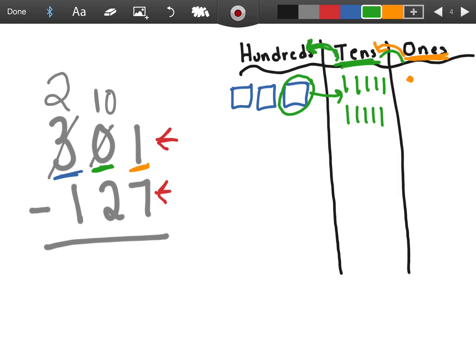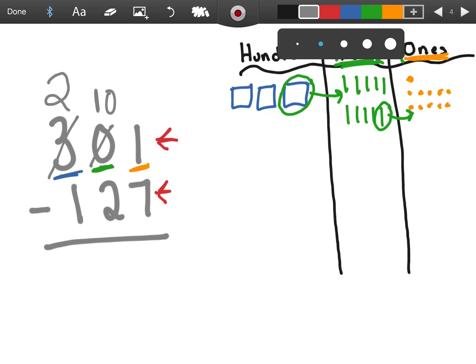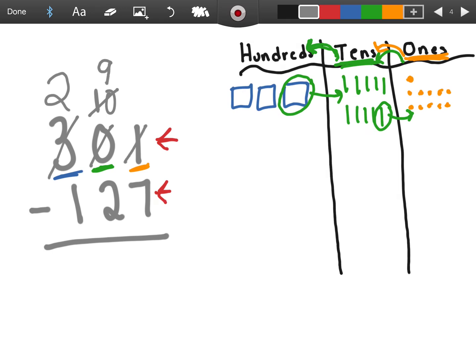So let's call over to that 10, and he has a 10 now that we could borrow, so let's bring that on over and draw it into our chart. 1, 2, 3, 4, 5, 6, 7, 8, 9, 10. Now before we do anything, let's show that over here in our work. So we called up the tens now because he has 10, and we borrowed 10. So this becomes a 9, and this over here becomes an 11 because we had 10, and